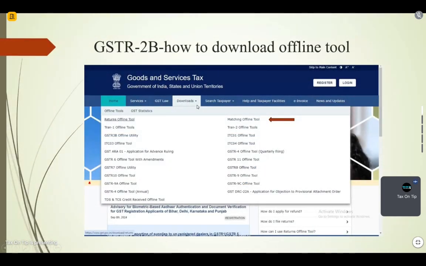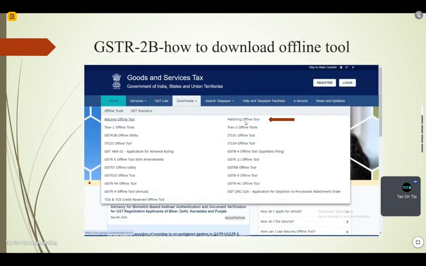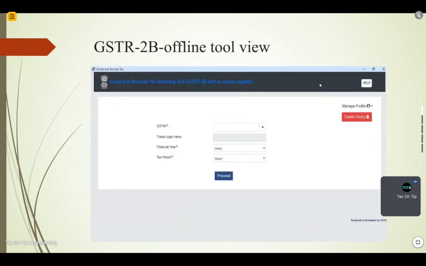डाउनलोड ऑप्शन on the GST common portal, तो आपको दिखेगा कि वहाँ पे एक टूल अवेलेबल है जिसे मैचिंग ऑफलाइन टूल बोलते हैं. Okay, matching offline tool. Once you click on that matching offline tool, you will be able to download a software, basically a utility. Once you extract that utility and open it, this window will appear. This is the utility for seeing the data of GSTR-2B. You just need to first create a profile. While going to manage profile, you will need to enter